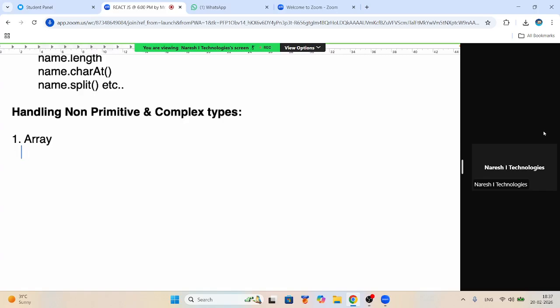That means, the point is, a TypeScript array can handle various types like JavaScript